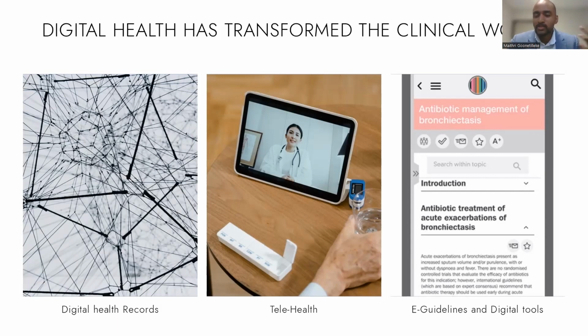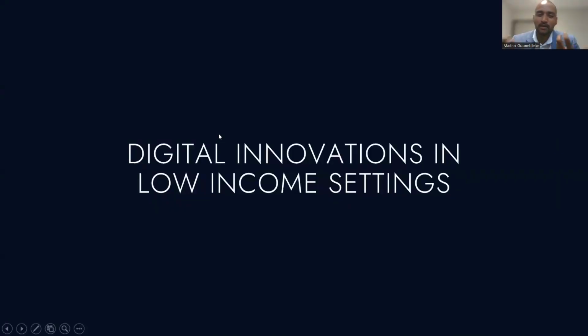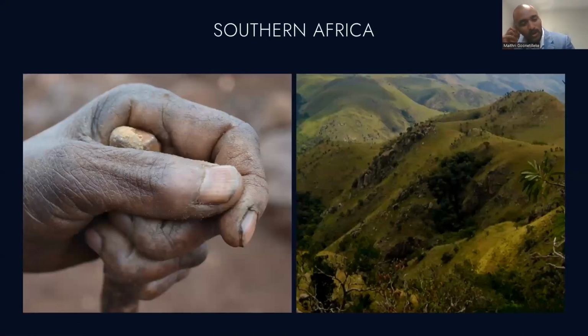Now, the other space which I work, which Dragan and Ian alluded to, and if you go to the next slide, is in low-income settings in global health. And if you go to the next one,